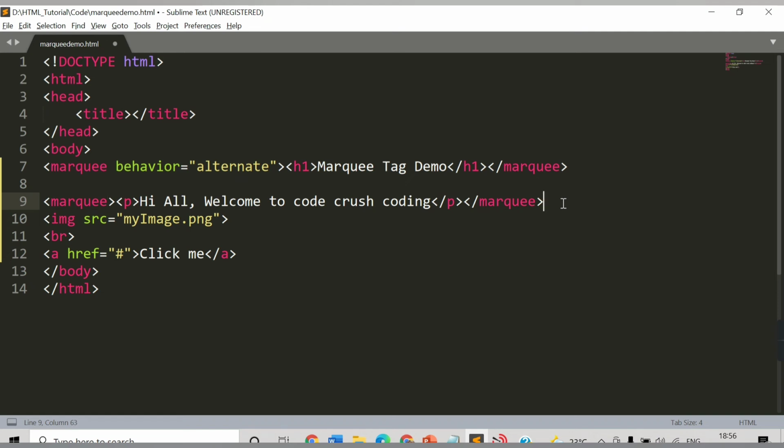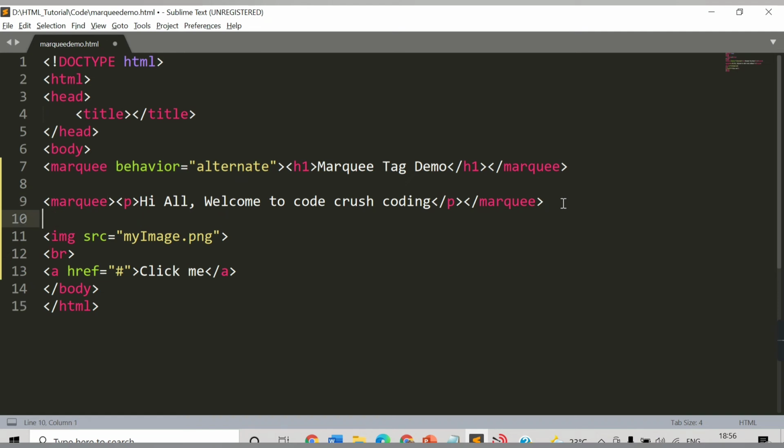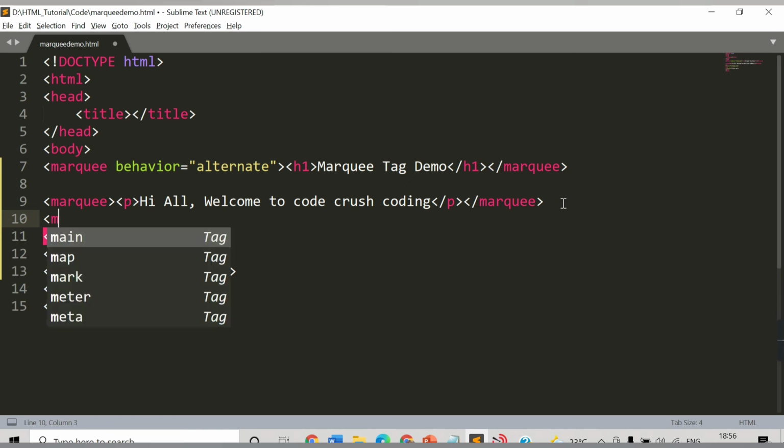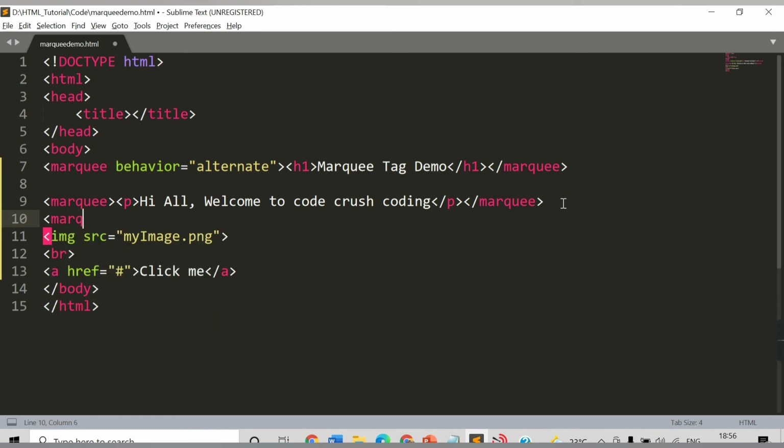Let me do some things with the image tag as well. In the image tag also you can provide marquee. Let's close this marquee tag here. And inside this marquee I can again provide a marquee tag.